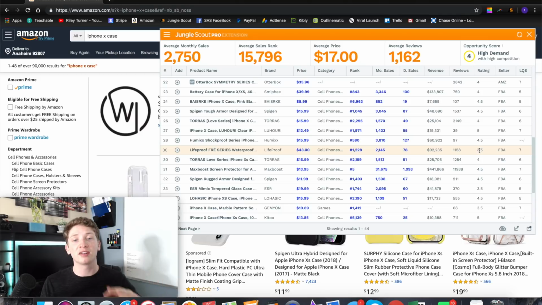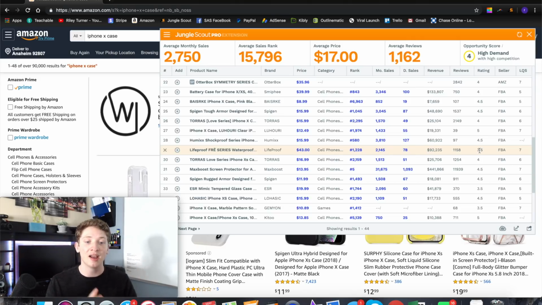Because if a product is totally saturated, it's always going to have perfect reviews throughout the first, second, and third page because there are so many people competing. Then of course there are going to be only perfect products on the first few pages because that is what competition does. So if there are any below 4 stars, that shows us that there is still an opportunity to